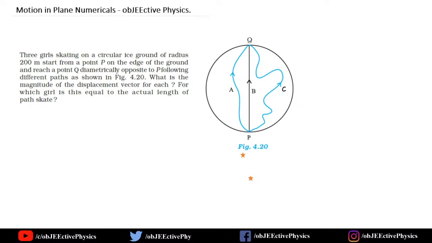What is the meaning of displacement? Displacement is final position minus initial position, or shortest distance between final position and initial position. See, for all the three paths, path A, path B and path C are girl A, girl B, girl C. For all the three girls, path lengths may be different, but displacements are equal for all the three girls. So displacement, see here,